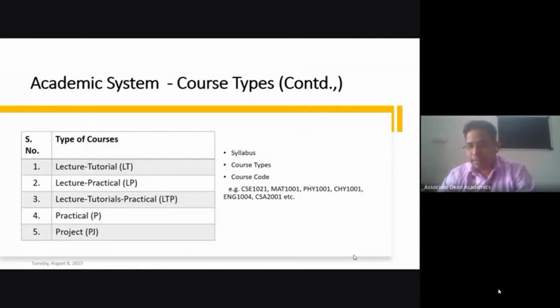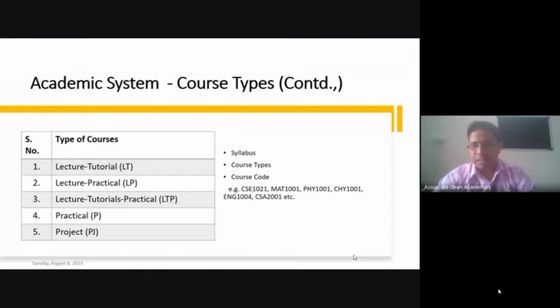Likewise, MAT stands for mathematics. This course is going to be offered by the mathematics division, and obviously one represents the year, then the second digit zero represents the version, and the last two digits represent the sequence of that course. It is the very first course offered by the mathematics division. So the mathematics division may offer various courses in the first year, second year or third year, and every course will be recognized by MAT followed by a four-digit unique combination that will simply reflect your year as well as version as well as sequence of that particular course. So I hope this point is also clear to everyone.